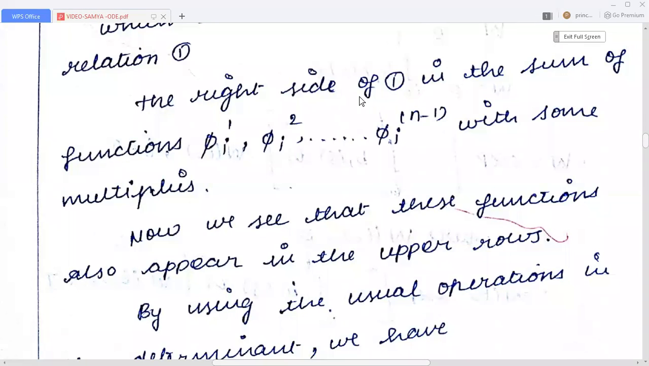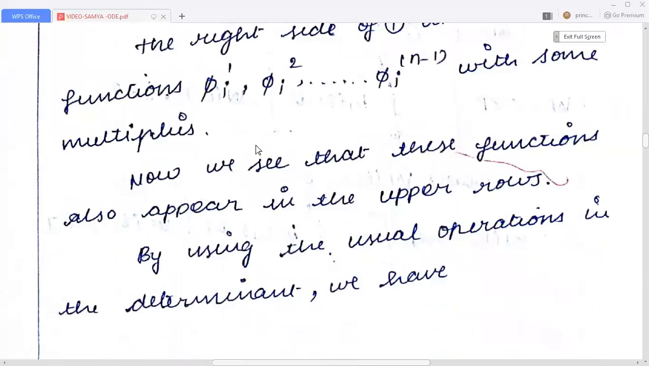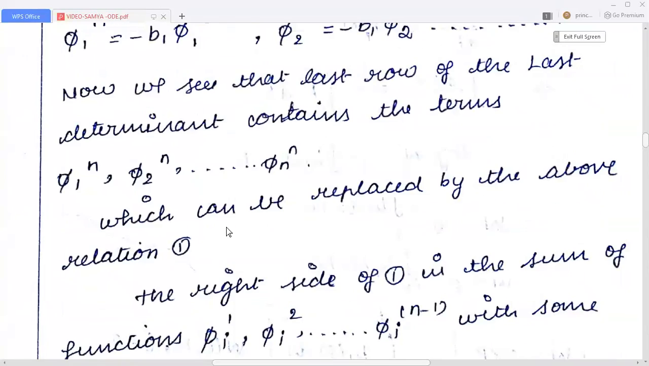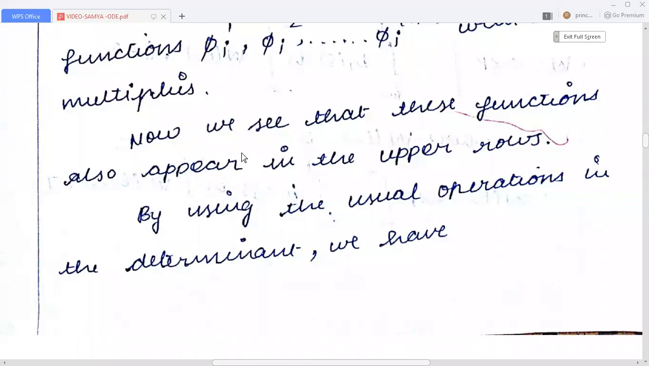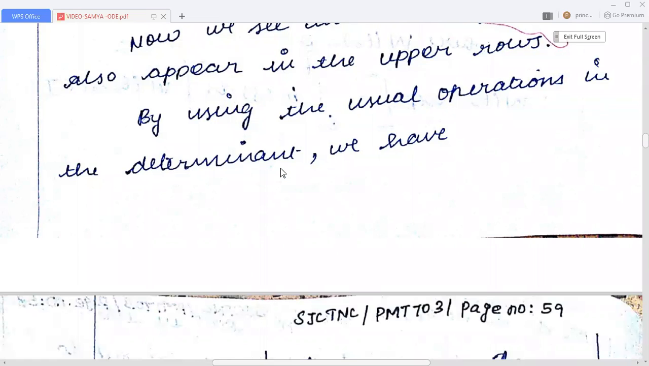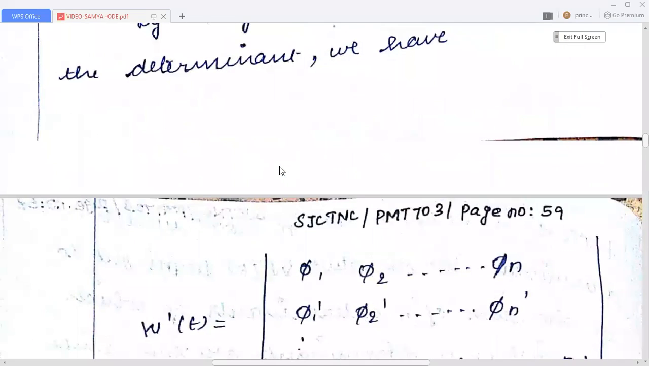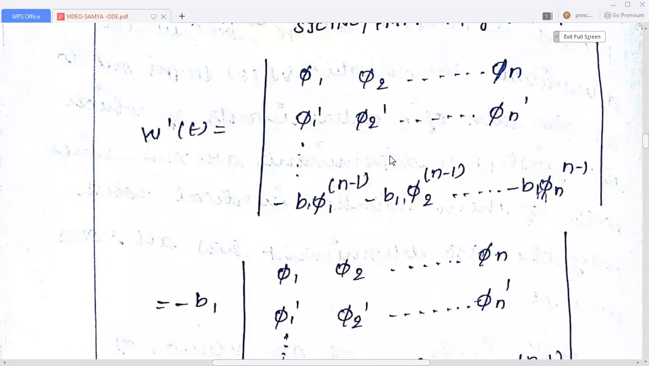The right side of equation 1 is the sum of functions pi I power 1, pi I power 2, up to pi I power n minus 1 with some multiples. Now we see that these functions also appear in the upper rows. By using the usual operations in the determinant, we have w dash of t equal to, here we write down,